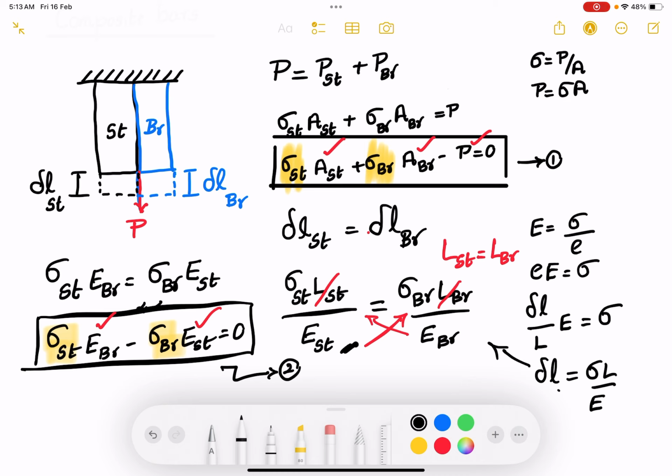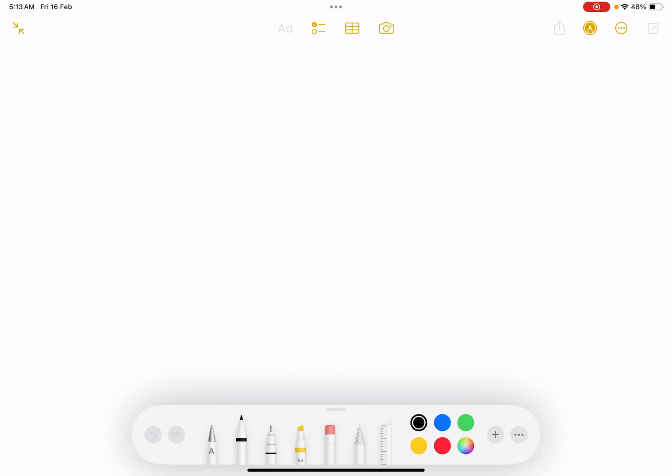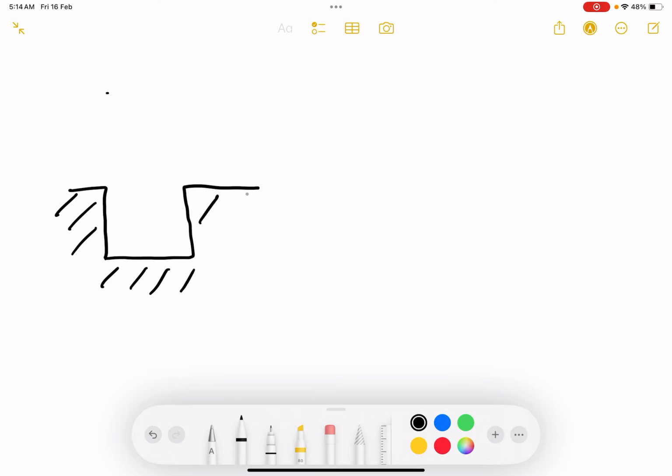As I told you, not all the time is this length going to be the same. Sometimes the length can actually be different. Say, for example, in some cases, you can have composite bars like this. Maybe this is the foundation. And you may have steel bars at the center. Okay, and you can have a copper bar